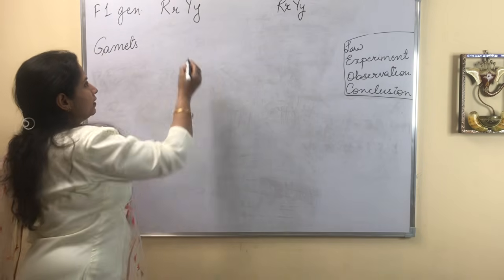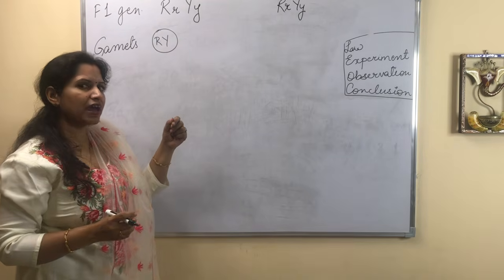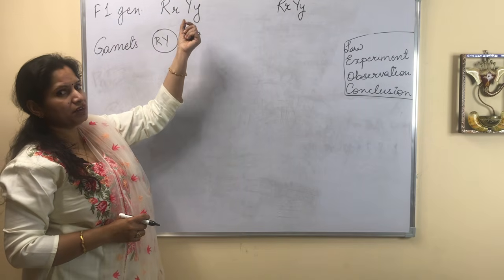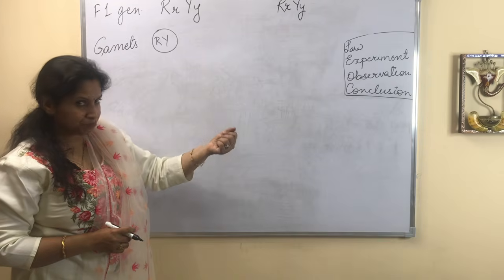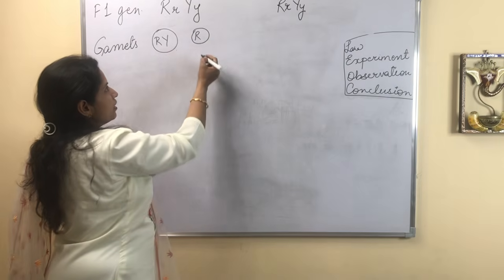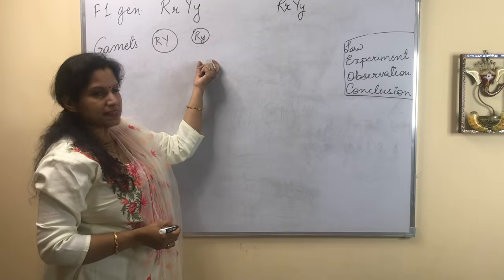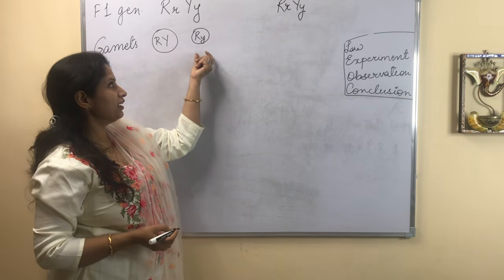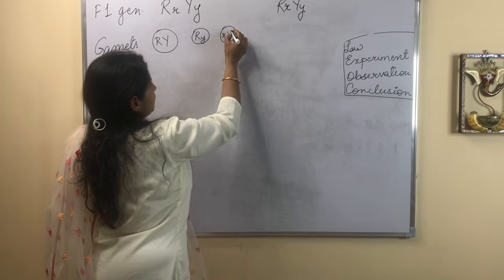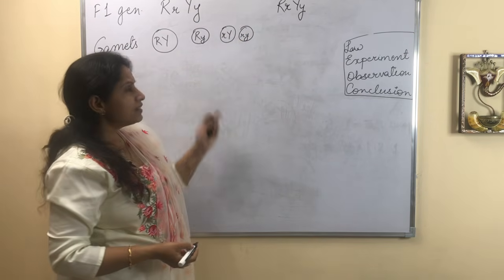तो एक पॉसिबिलिटी है कैपिटल आर के साथ में कैपिटल वाई चला जाए, एक गैमेट जाएगा. एक जीन जाएगा जो रिप्रेजेंट करेगा कलर को और एक रिप्रेजेंट करेगा शेप ऑफ द सीड को। तो कैपिटल आर कैपिटल वाई जा सकता है। सेकेंड पॉसिबिलिटी क्या है, कैपिटल आर चला जाए और साथ में स्मॉल वाई। ये वाले पॉलिन ग्रेन्स भी बन सकते हैं। उन पॉलिन ग्रेन्स में क्या इंफॉर्मेशन है, कैपिटल आर एंड स्मॉल वाई। थर्ड पॉसिबिलिटी है स्मॉल आर कैपिटल वाई और फोर्थ पॉसिबिलिटी है स्मॉल आर स्मॉल वाई।